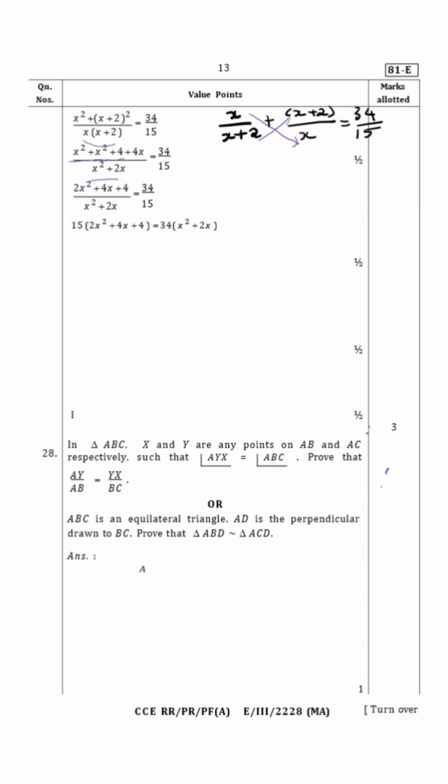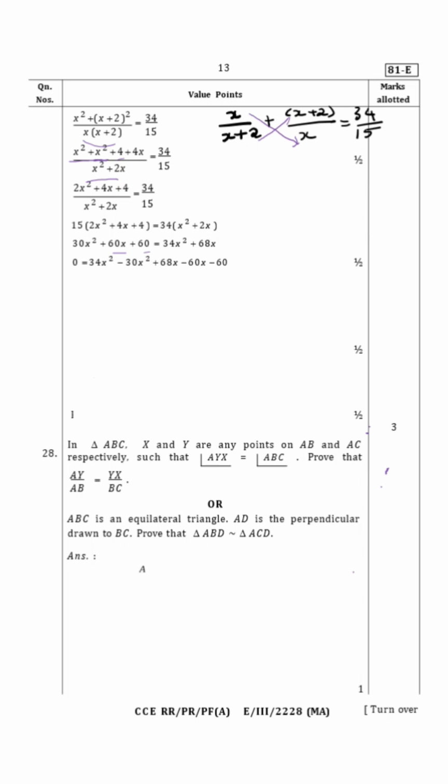Now what happens? 15 into 2 is 30x square, 15 into 4 is 60x, 15 into 4 is 60, 34 into x square is 34x square, 34 into 2x is